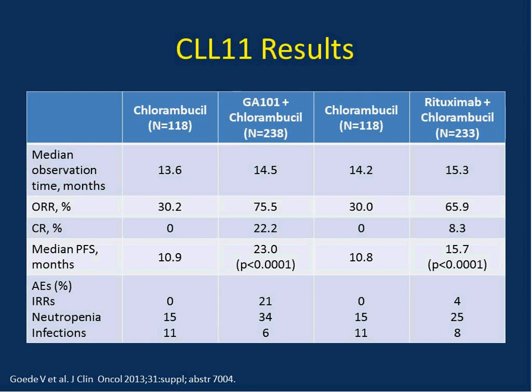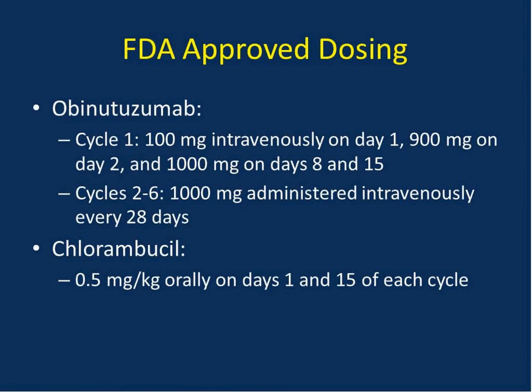As far as dosing, the approved dosing is 100 milligrams on day 1, 900 milligrams on day 2, and then 1,000 milligrams on day 8 and day 15, along with chlorambucil on day 1 and day 15. And then on cycles 2 through 6, you just do a single dose of the obinutuzumab on day 1. So I think